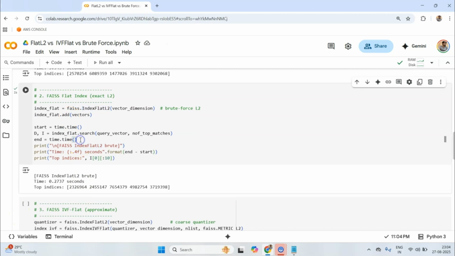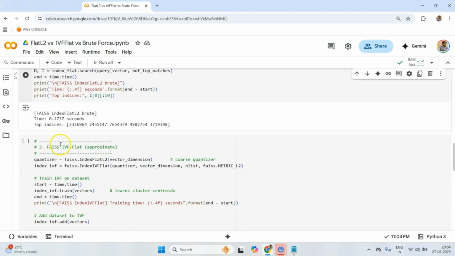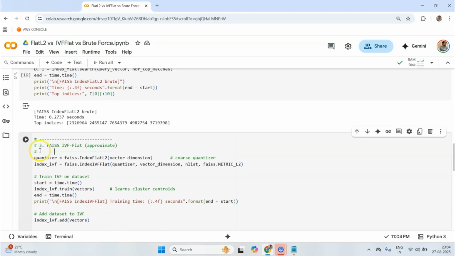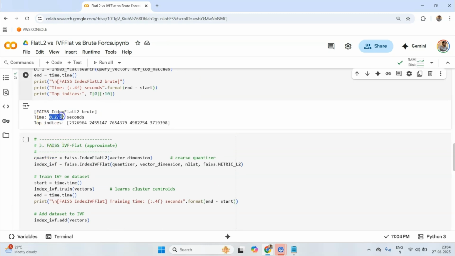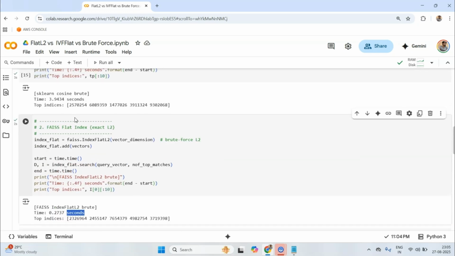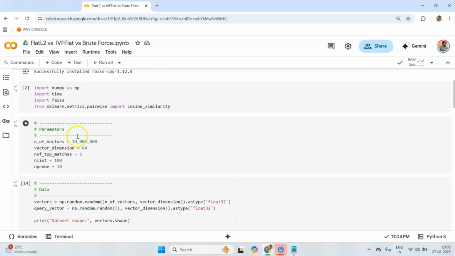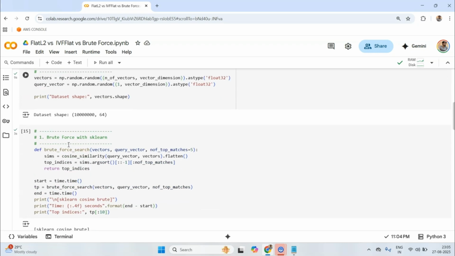Okay, so now if I move on to the second part, we can do even better than this 0.2 seconds. And first of all, you might be asking why we need to do better than this as well. Because you can have a situation where you have a billion vectors, not 10 million, which is 100 times more than what we have right now.